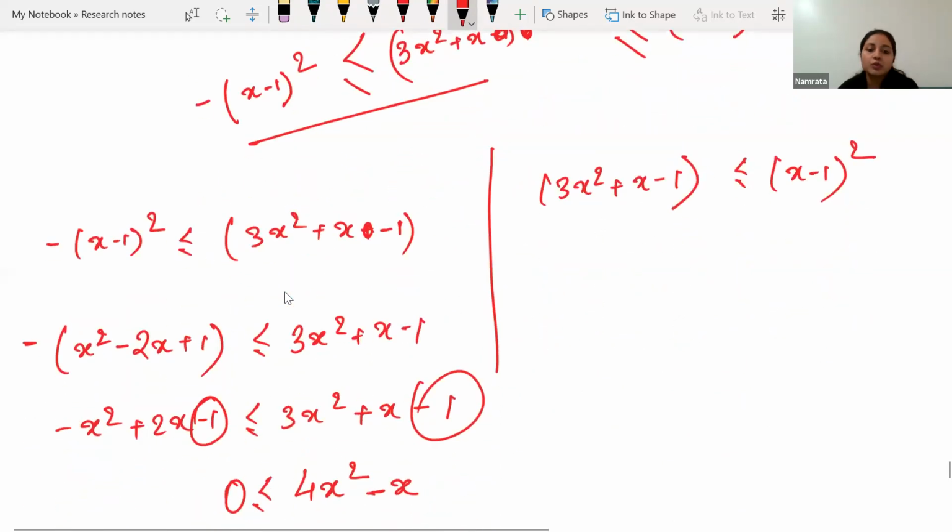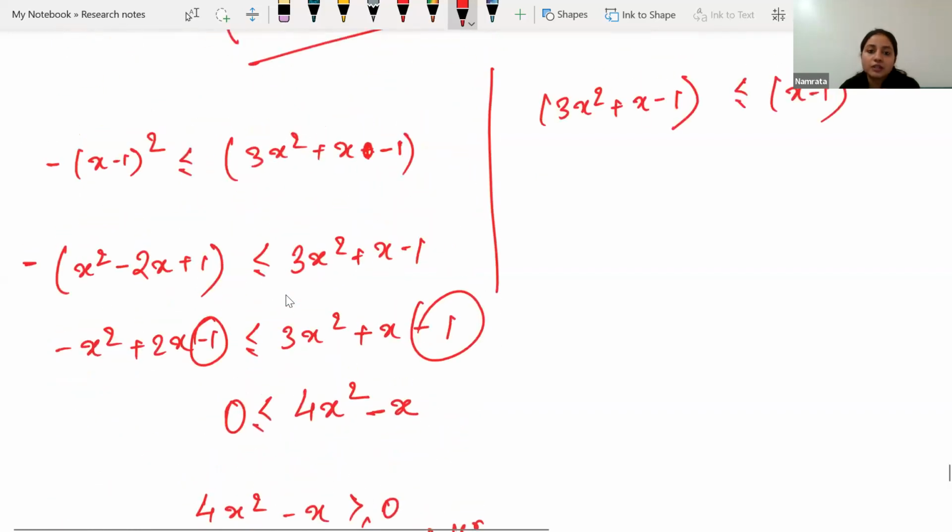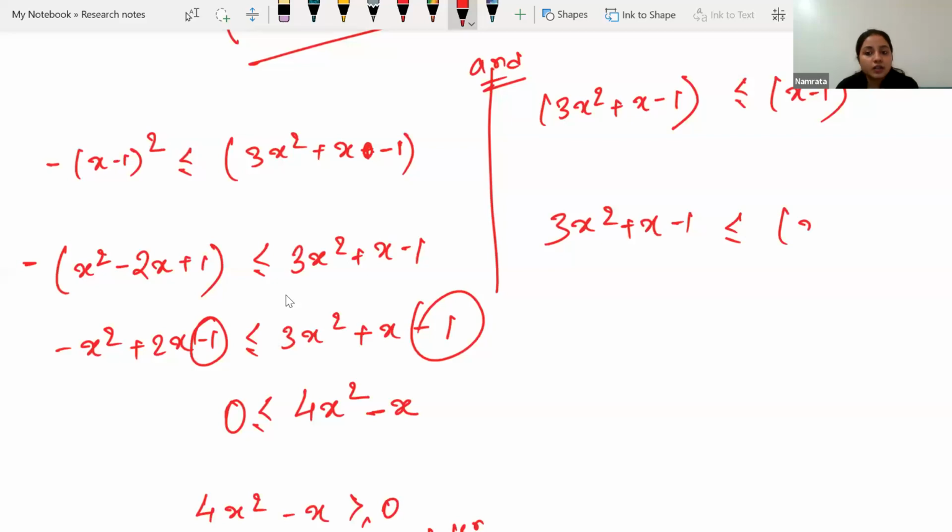We are trying to solve both the inequalities. First we have solved already. Second we will be solving. So this and this also we need to solve. Let's solve it quickly. We will have 3x square plus x minus 1 less or equal to a square minus 2ab plus b square. So 3x square minus x square will be 2x square plus x, and here minus 2x, it will be plus 3x, and this minus 2 less or equal to